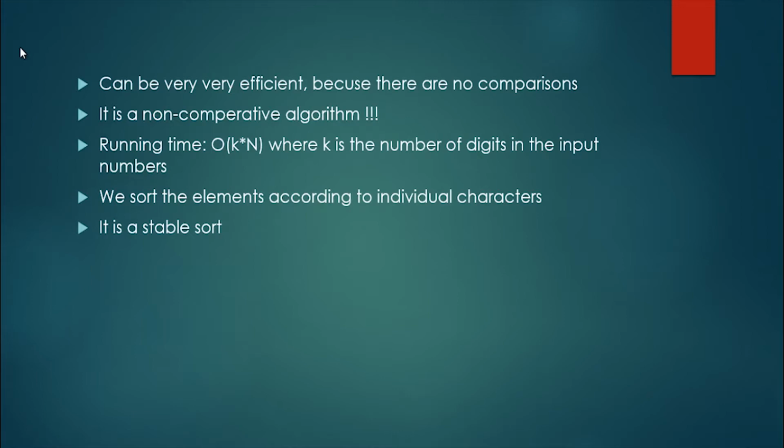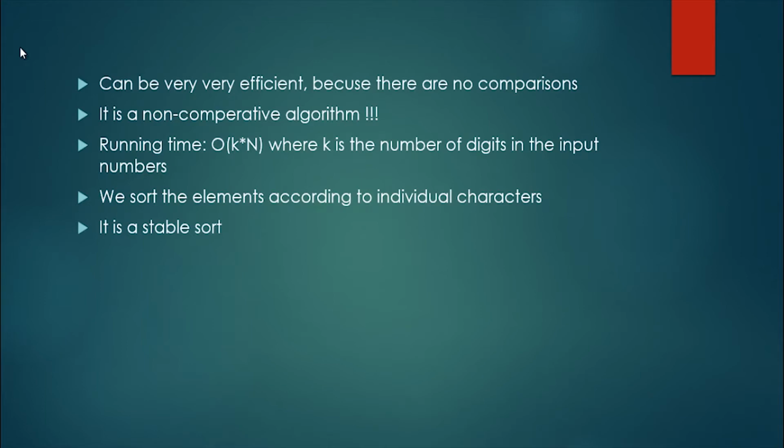It is a non-comparative algorithm, and that's why we can do better than O(n log n), because there are no comparisons at all. And that's why this algorithm has a running time of O(k times n), where n denotes the number of items you want to sort and k is the number of digits in the input number. If k is a very huge integer, then this algorithm can be worse than bubble sort. So this is not the best case, but the average case is very fast, and we can even achieve sublinear time complexity. So we just sort the elements according to individual characters,